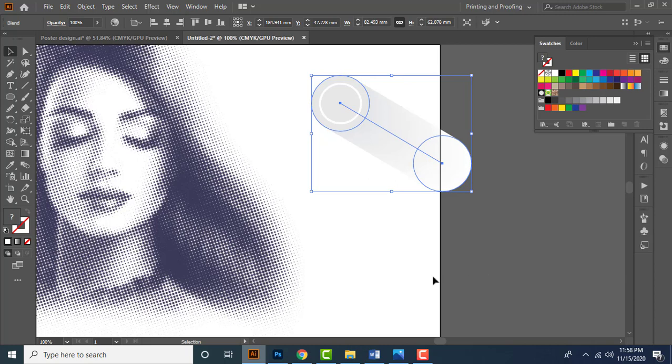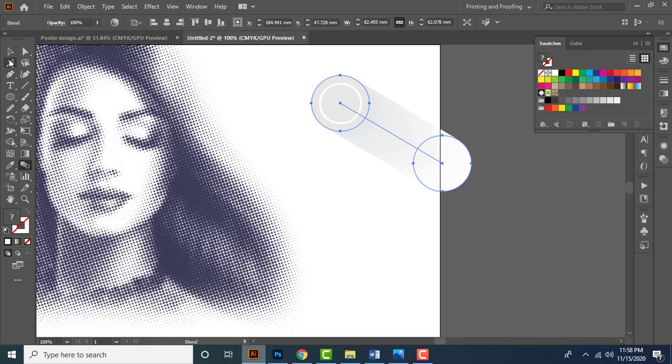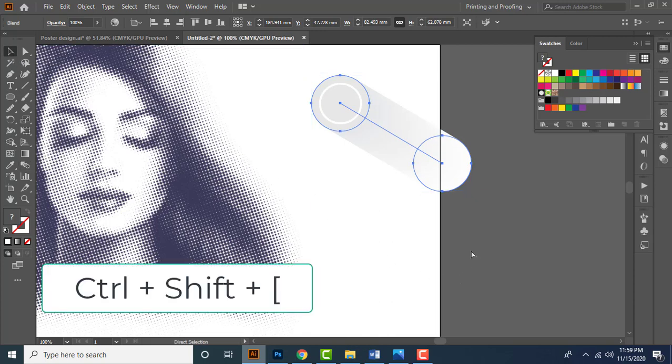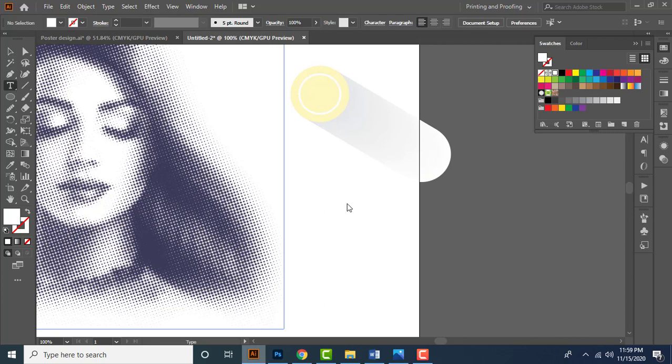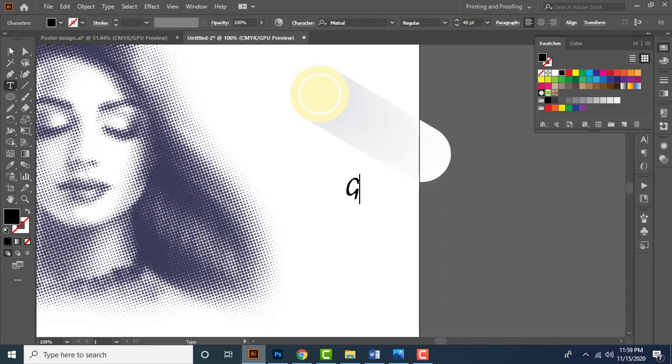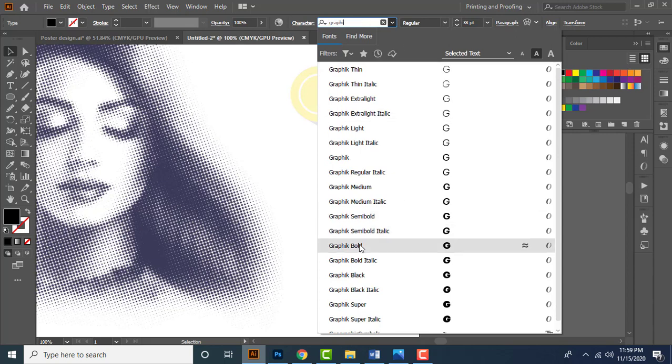Then double click the blend tool and change the values here. There we go. Now tap again Ctrl Shift left square bracket key to send it behind. Then with the type tool, type G, and then you can adjust the font size as you need. And guys, let me change the font type also to graphic bold,